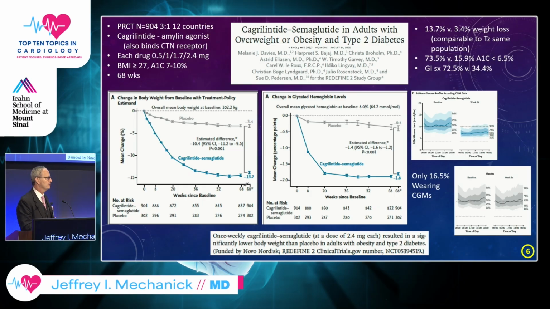There's a whole pipeline of more incretin mimetic drugs. There are going to be drugs that are going to have anti-sarcopenia agents on it. Glucagon's going to be on it. And all these drugs are in the pipeline. The older drugs are going to go generic. That's going to satisfy and solve a lot of the socioeconomic issues. But you can see here you had relative parity in terms of weight loss and A1C reductions with tirzepatide.